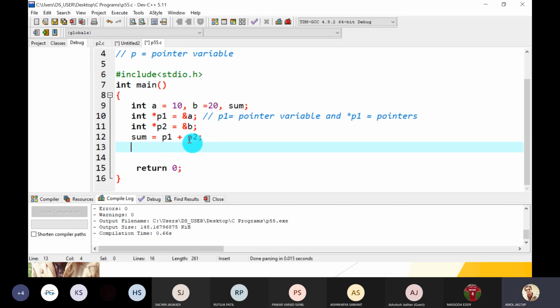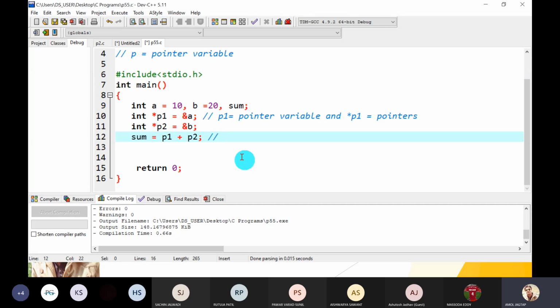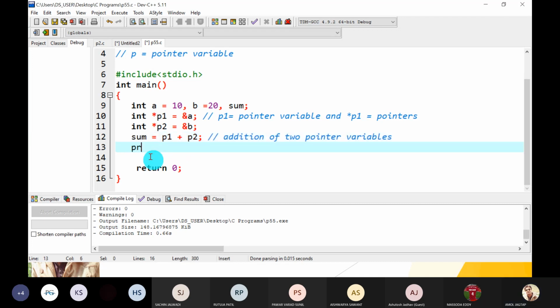Sum is equal to p1 plus p2, meaning addition of two pointer variables. So we add p1 and p2 and it stores into sum. Then printf, that is an arithmetic operation on the pointers. Printf sum: sum is equal to, it is a number, so percentage d comma sum.